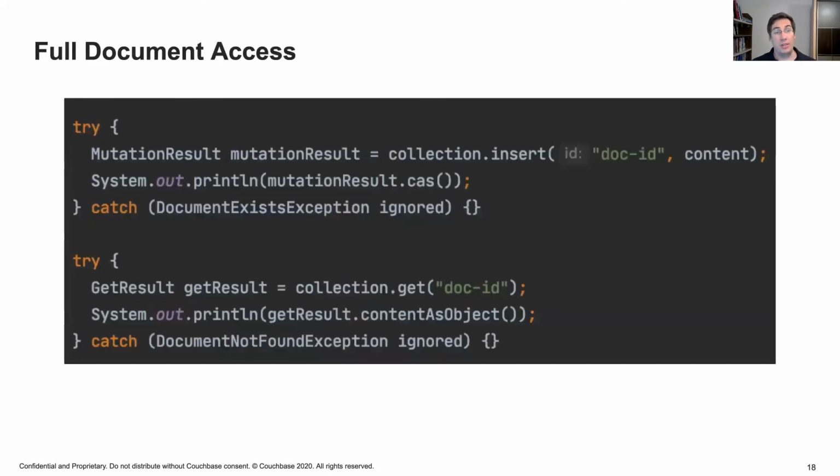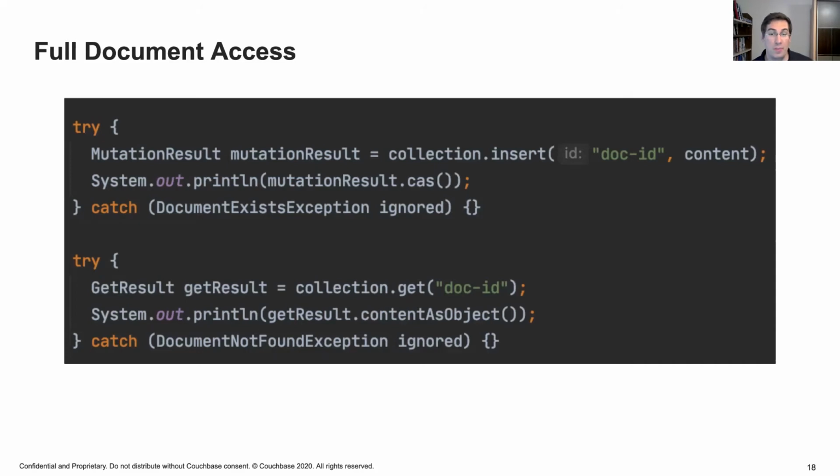So here's an example on how to perform simple full document access. On our collection, we have a method called insert, and insert takes, in the minimum case, a document ID and document content. You can also provide it options that allow you to set synchronous durability requirements, etc. In this case, we perform the insert, and then when the operation succeeds, we print out the CAS value from our mutation result, which is part of the metadata that you can use to, for example, perform replace operations with